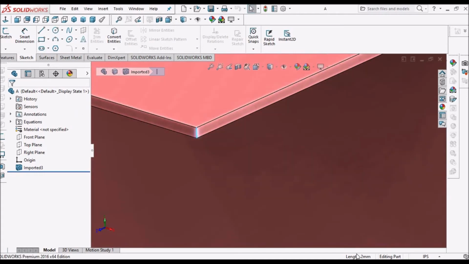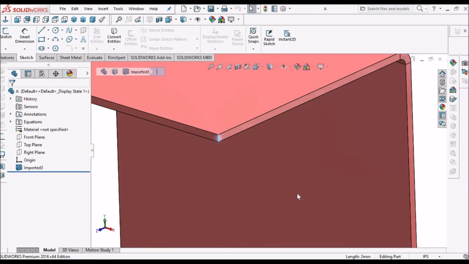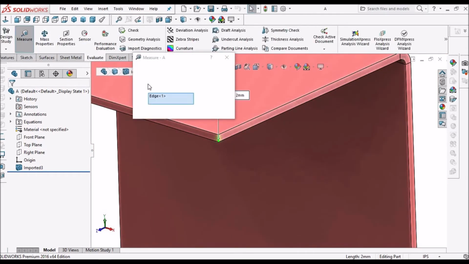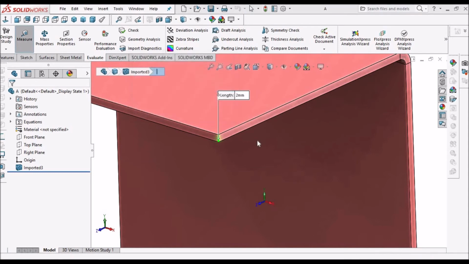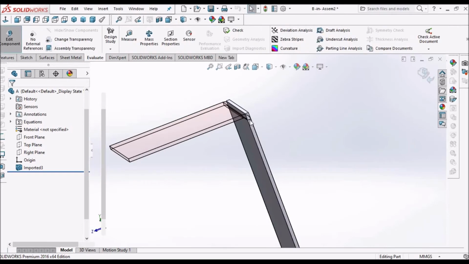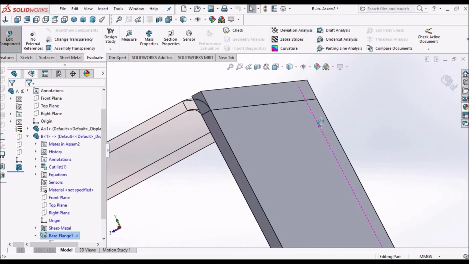See here you can see 2 mm, or we can go to evaluate and measure this. See, it is 2 mm. So let's go to assembly now. So it is exactly overlapping.